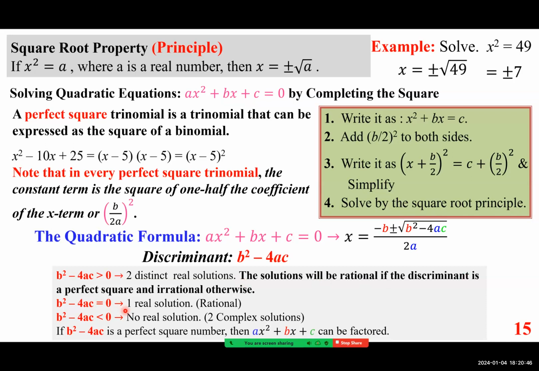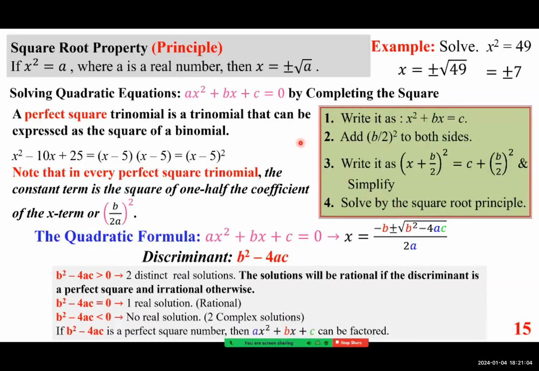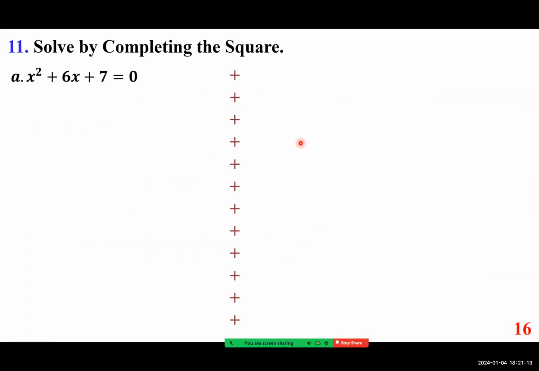If b squared minus 4ac is equal to 0, there is only one real solution. If it's negative, there is no real solution. Instead, we have two complex solutions, a plus or minus bi. And if b squared minus 4ac is a perfect square, then the quadratic can actually be factored. So that's one way to know if a quadratic expression can be factored. Now, completing the square, of course, you don't have to do it by this method,